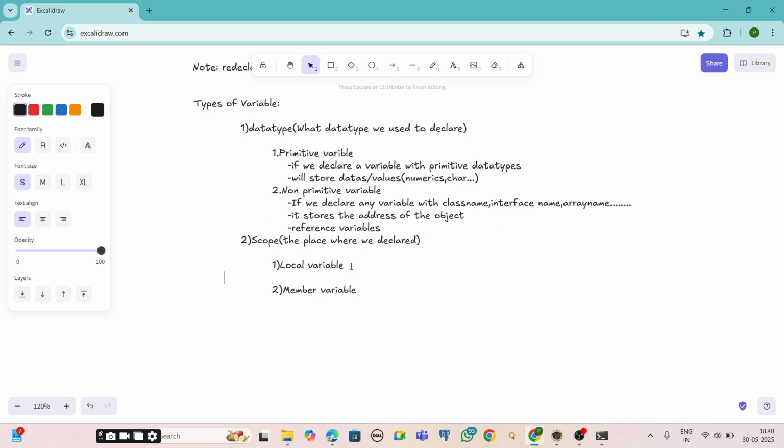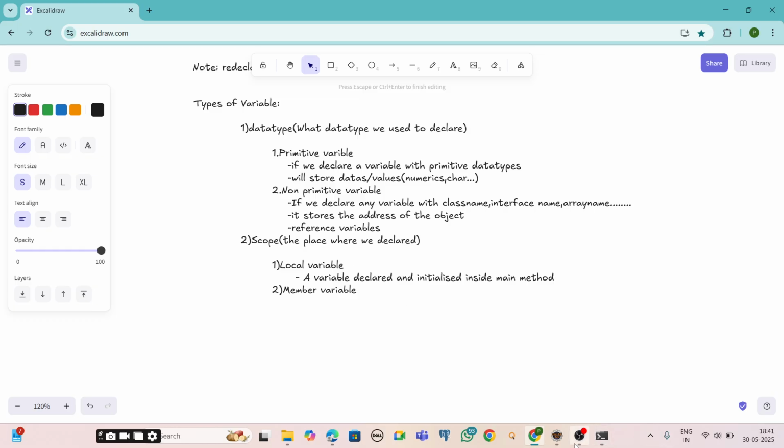The variable which is declared inside the main method is known as local variable. A variable declared and initialized inside the main method is called a local variable.